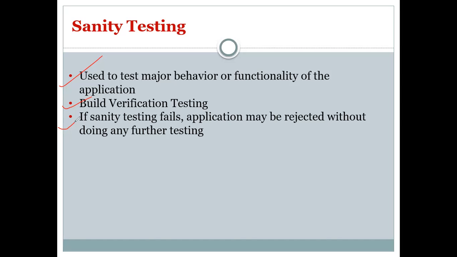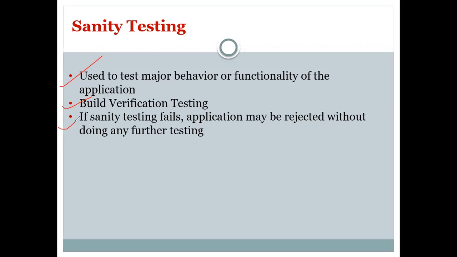If you are not able to retrieve the details of the customer, like what he purchased on the 30th of August, then what is the use? So this is nothing but sanity testing: you concentrate on the major functionality of the software, whether the major behavior and the functionality of the software is working properly or not.